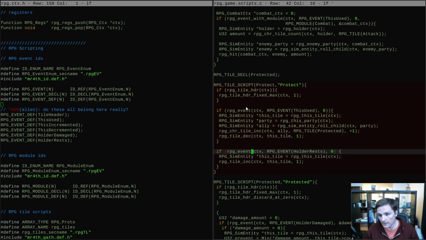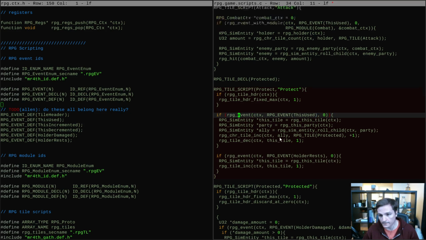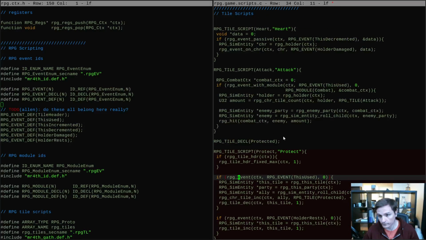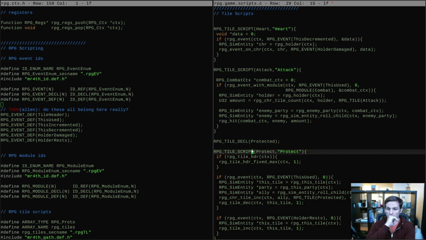Unless I build into this used event the concept of this check, right? I could say used is special, and that it's not about how you encode the event on the tile. It's about which event it is. Because then